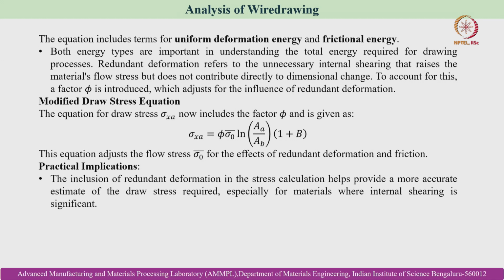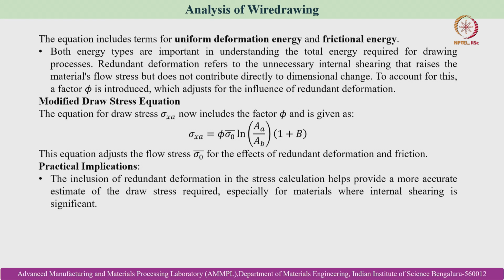So the redundant deformation refers to the unnecessary internal shearing that raises the material's flow stress, but does not contribute directly to the dimensional change. To account for this, a factor phi is introduced, which adjusts for the influence of redundant deformation. So the modified draw stress expression becomes sigma x a is equal to sigma 0 bar ln A a by A b into 1 plus b, which is multiplied with the factor phi, which is a factor introduced for redundant